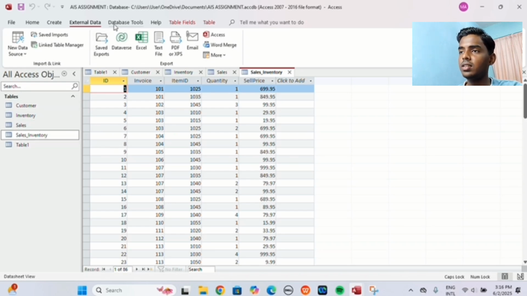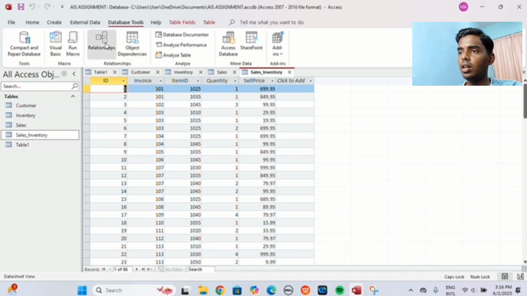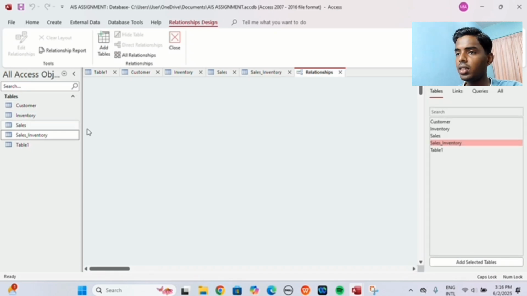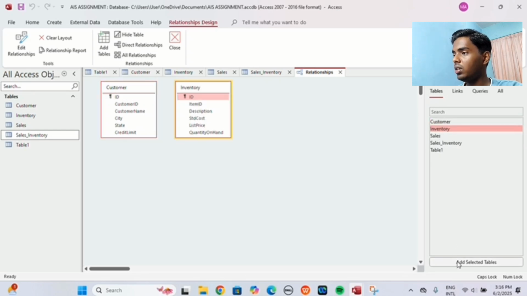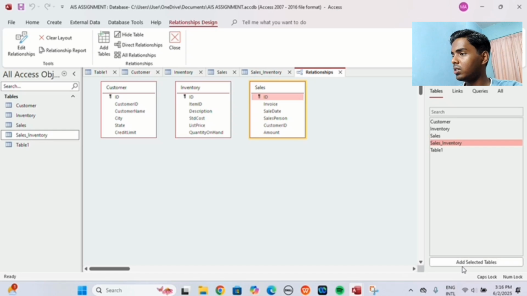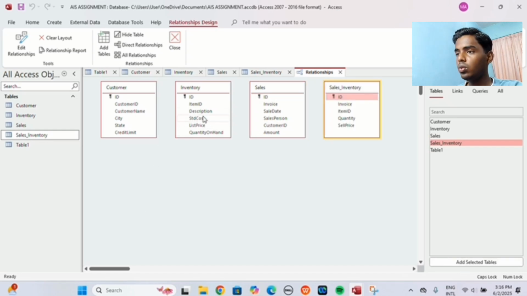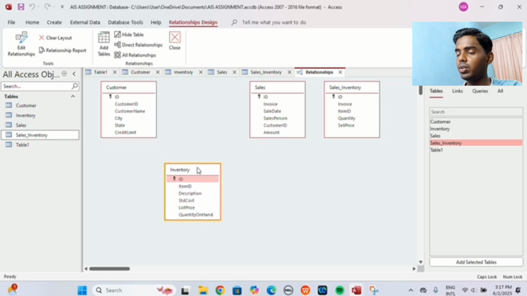So next I will do the relationship. To do the relationship, we go to the database, relationship, and then we will first import the customer tables, second the inventory, and then the sales, and then the sales inventories. Okay, so we will do the relationship with the same item. So we will start from